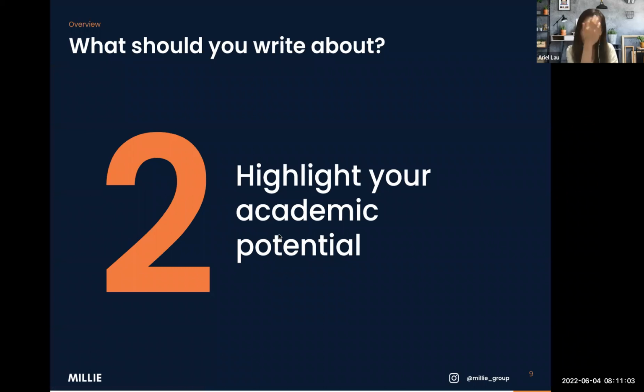And then the second paragraph should highlight your academic potential. So in terms of the actual content that should go into it, imagine you answered the first paragraph by saying that you're interested in this particular major because of a particular reason, or because of several different factors. However, now that I know you are interested in this major, can you also highlight to me the reason why you think you're good at this major? Being interested and being good at it is a completely different question to answer.